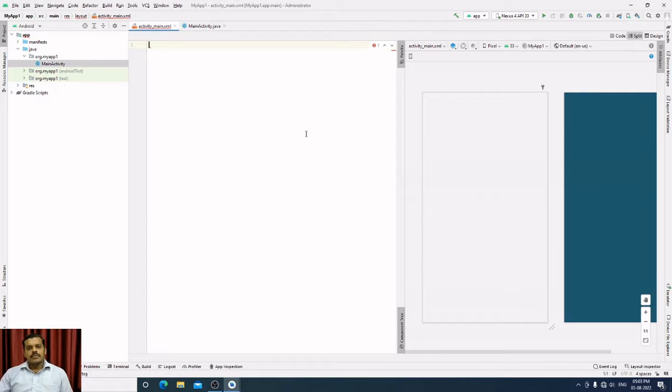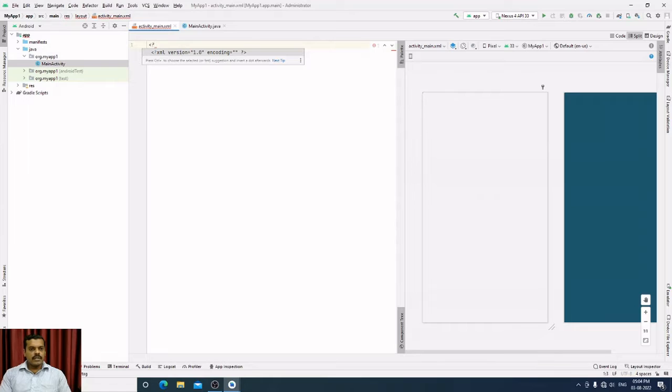Hello everyone. Today we are going to discuss view groups. In the previous lecture we have already discussed views, view groups, activity, and fragments. And in this session we are going to cover the practical scenario of how we use these view groups and views in a combined manner. So let us start with